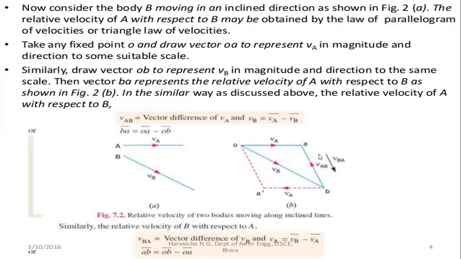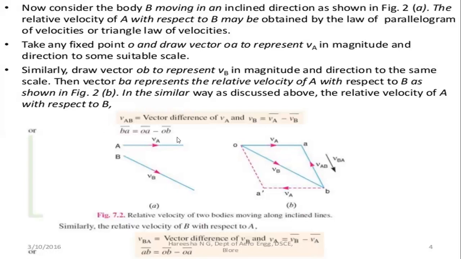So by taking these two directions, here in the second picture you can clarify that. Both A and B are moving in the perpendicular direction. So joining these two, we can get a parallelogram there. With this parallelogram law of velocities, we can also call it the triangle of velocities. So when these are joined in the same direction or the perpendicular direction, they are called the parallelogram law of velocities or triangle law of velocities.